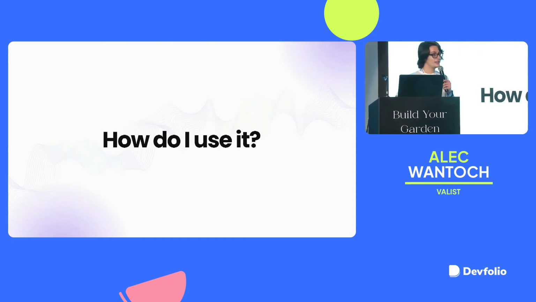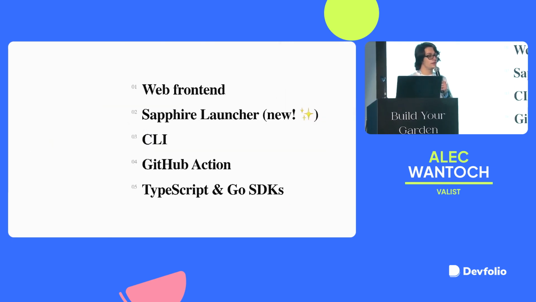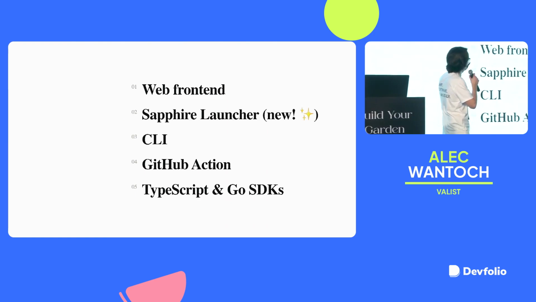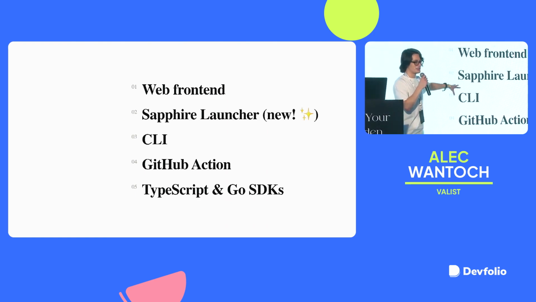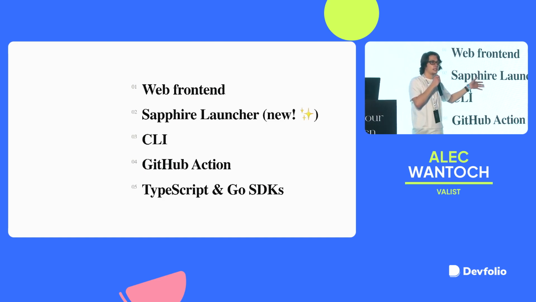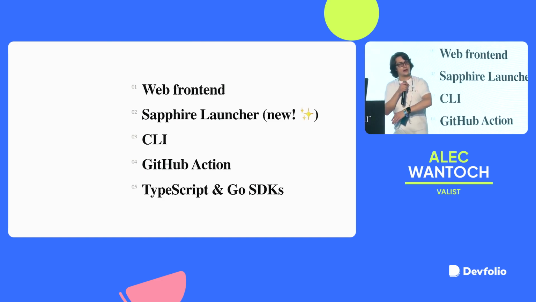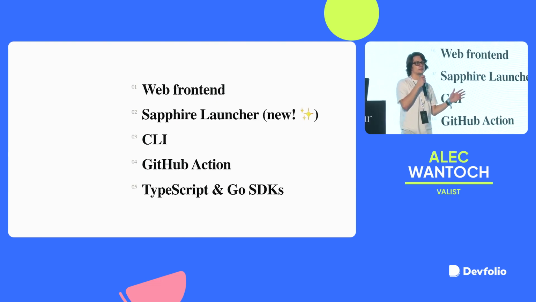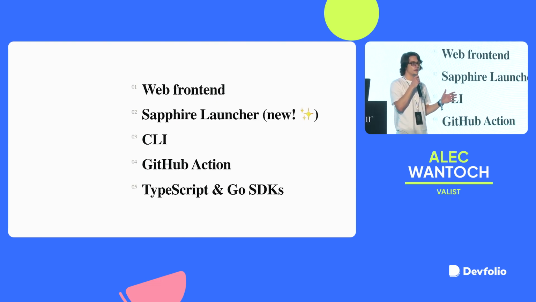So how do we use it? There's a few different methods. So we have a web front end. And again, the internet is not loading and everything right now. Apologies for that. But we have a web front end that is our main dashboard. You can manage everything there. It's super, super easy. It looks like Vercel, so it's very familiar. You could navigate and you could see your accounts and all the projects underneath and manage everything in a nice, clean UI, as well as set up automatic deployments with your GitHub repo. So that's the main interface most people use.